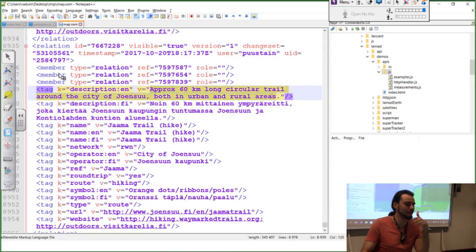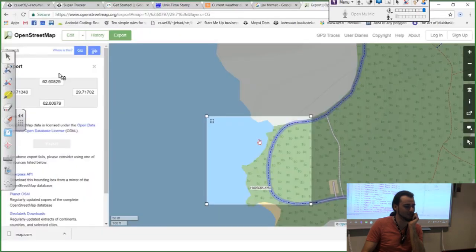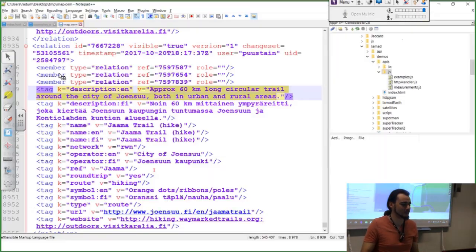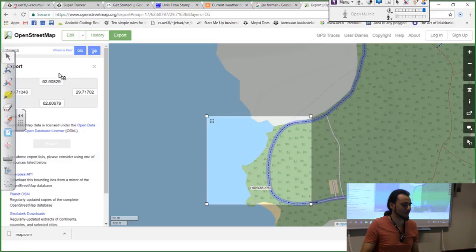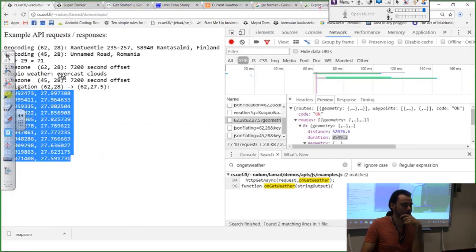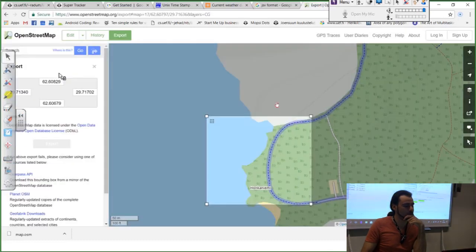If it would display everything, think about displaying there an approximately 60-kilometer long circular trail around the city of Joensuu, both in urban and rural areas, for example. Where would you put that text? It is there, it is associated with this path, but no point to draw everything there. So this is what you need to display, only that, and you can use any map layer that you want. You can use Google Map, you can use these OpenLayers, or